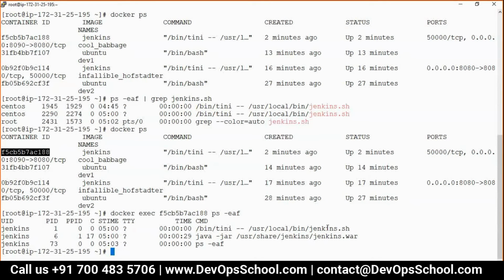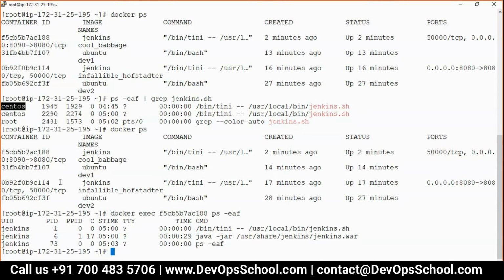The container is running with the Jenkins user. Okay? Jenkins. But this process, which is a host machine process, can you mute yourself? There is a huge noise. Yeah. So actually the container is running as a Jenkins user, understand that. But this process 1945 got initiated from the CentOS user. So what has happened, I tell you.